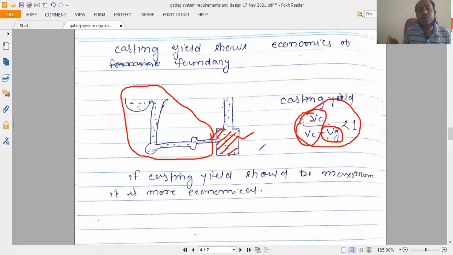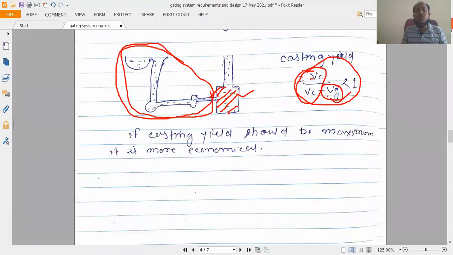So the maximum amount of molten metal or materials will be required in the casting, and a lesser amount of the casting material will be in the gating system part. So the volume of the gating system will be lesser, so that we can maximize the casting yield. So this is the whole thing we require